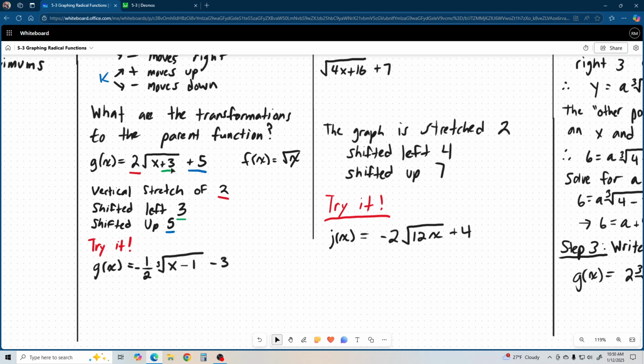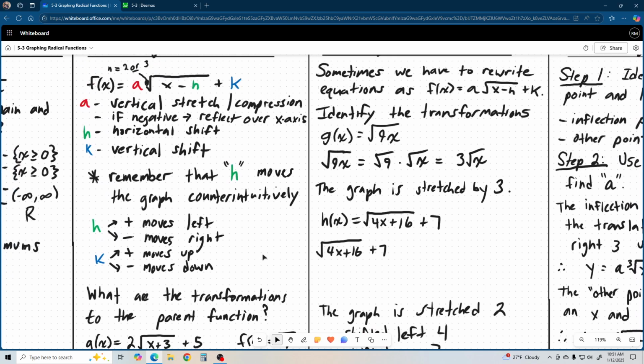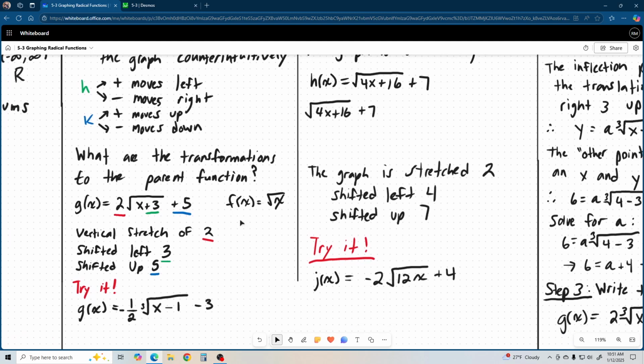Okay. So we have 2 times the square root of x plus 3, plus 5. The 2 is out in front, so the 2 is going to be our a, and our a is the vertical stretch or compression. So because it's a whole number and not a fraction,